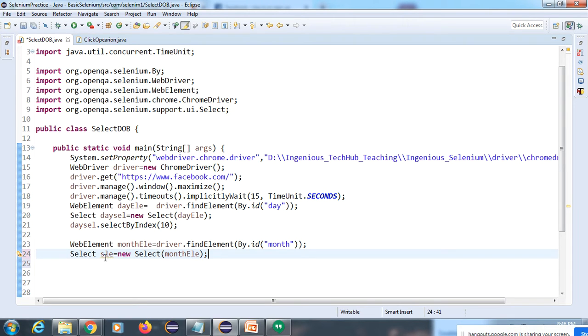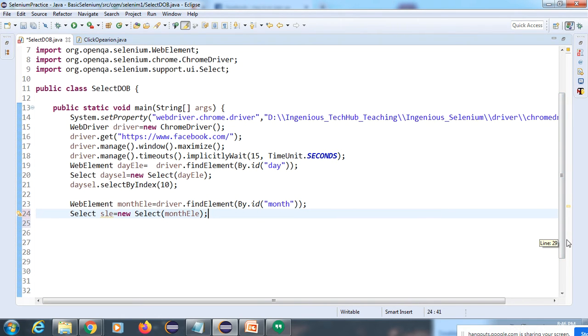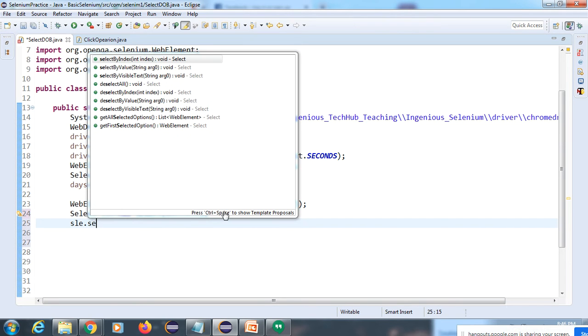Sometimes some packages are different, another Select class might be there, and I think this is the wrong one. Sometimes it is a typo mistake and your package is selected incorrectly, so that's why that error is coming, I think. Okay, because it is showing invalid, some semicolon.